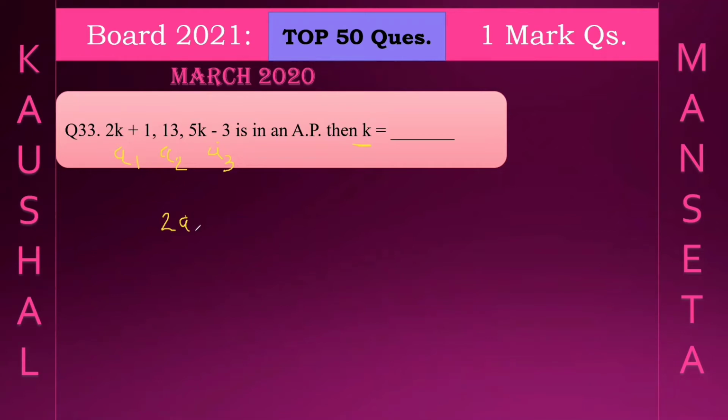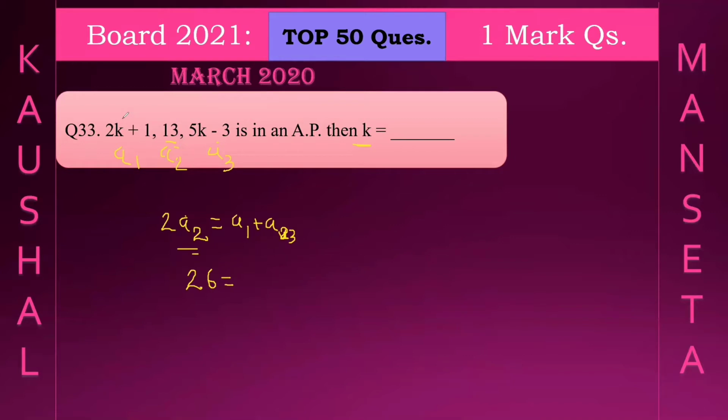is equal to a3 plus a1, or we can write a1 plus a3. This is the formula whenever given numbers are in an AP. So here, put the value of a2 as 13. So we get 13 times 2, we can get directly 26 is equal to a1 plus a3. Sorry, I made a mistake here. Don't write a2 here, write a3.